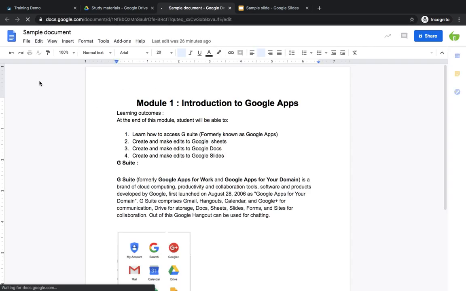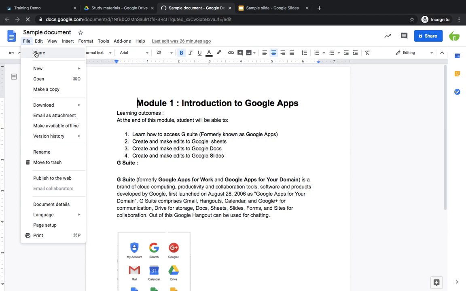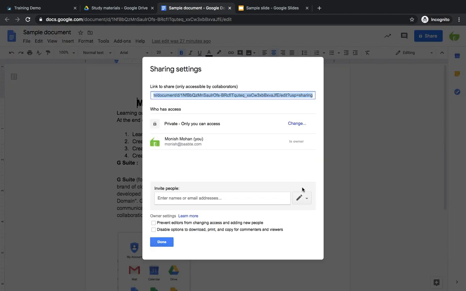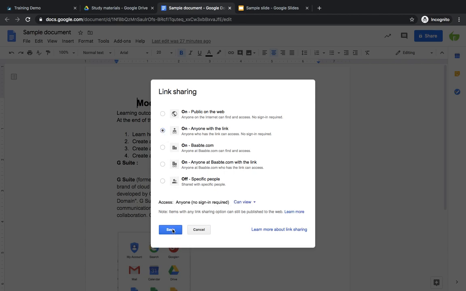Open the document you have. Okay, and click on the file menu. Click on share. Go to the advanced tab. This is only you can access. Change it to anyone with the link. Okay. Click on save.